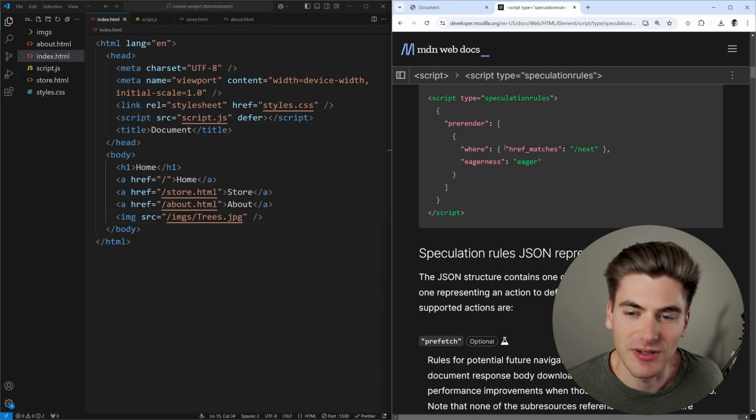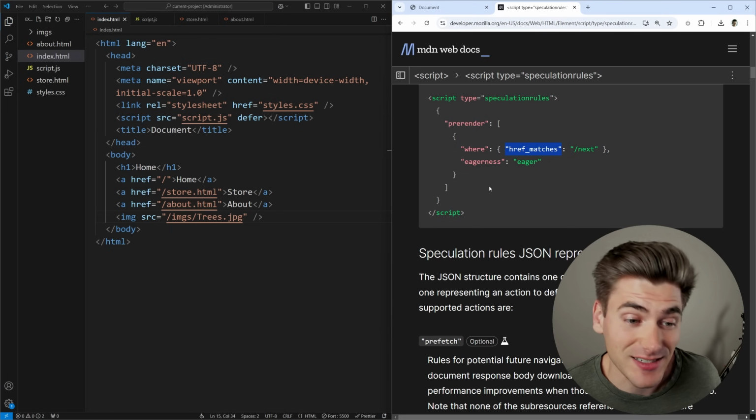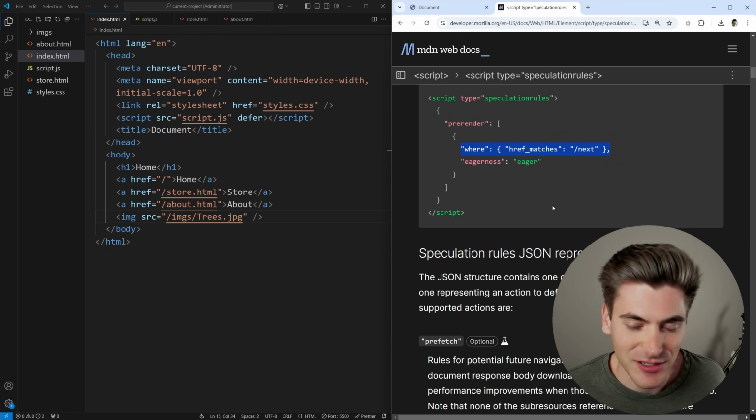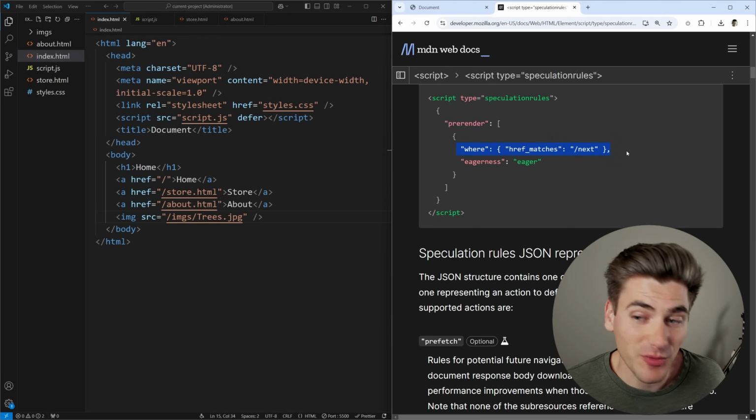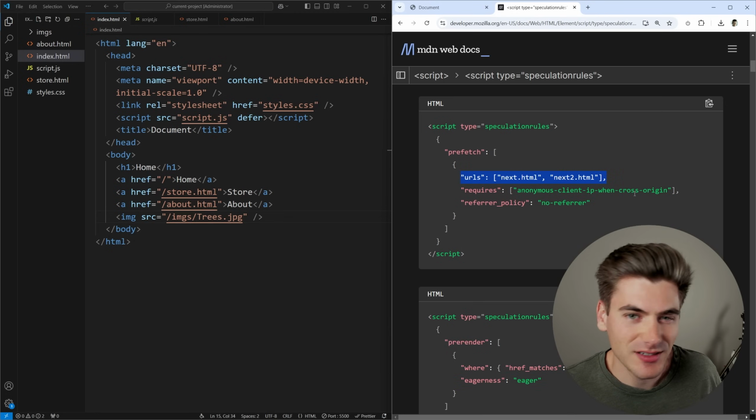For example, we can do certain things with glob matchers and regular expression matching. We can have and/or clauses. We can do CSS classes. So if I give something a CSS class, it's going to be doing all the pre-rendering. This is probably where you're going to be most of the time, in this where clause. But I'm going to get started with this URLs way of doing things because it's a little bit simpler and